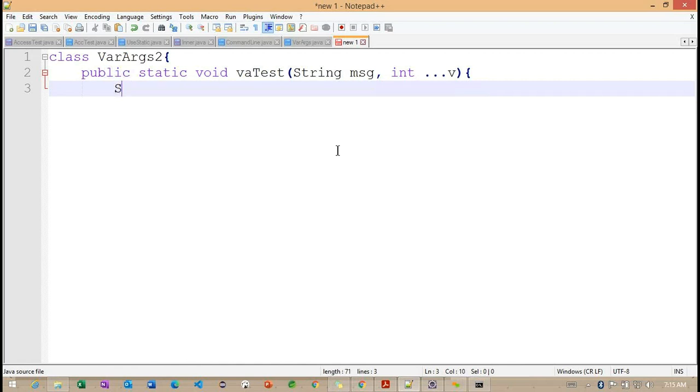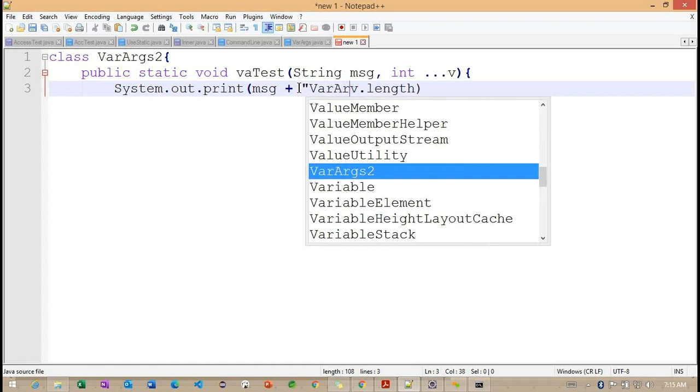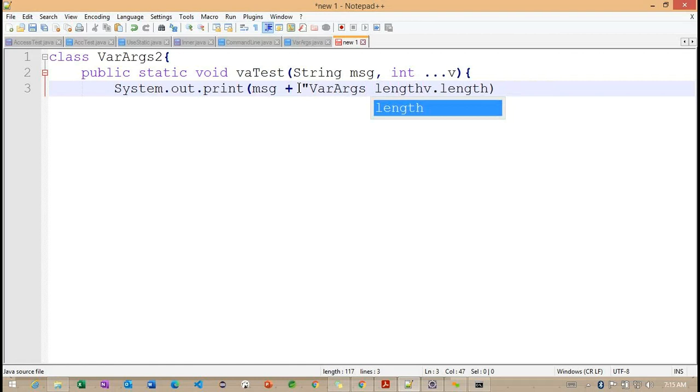And now what I'm trying to do here, with the help of system.out.println, I'm trying to pass one message with b dot length. Otherwise we can add here var length.